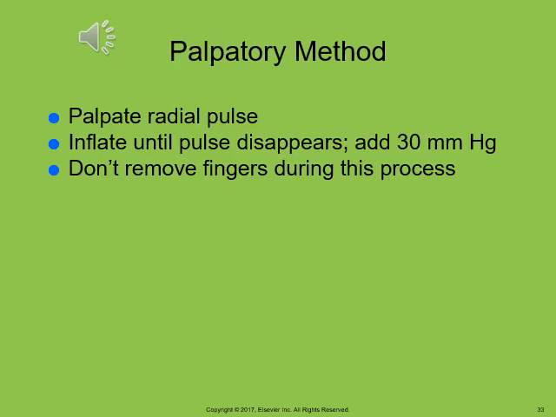The systolic pressure may be checked by feeling the radial pulse rather than hearing it with the stethoscope. Place the cuff in the usual position and palpate the radial pulse, noting rate and rhythm. Inflate the cuff until the pulse disappears, and then add 30 mmHg of inflation to get above the systolic pressure. Do not remove your fingers from the pulse or change the pressure of your fingers. This method can be very useful in times of medical emergency, such as shock, when the patient's blood pressure cannot be